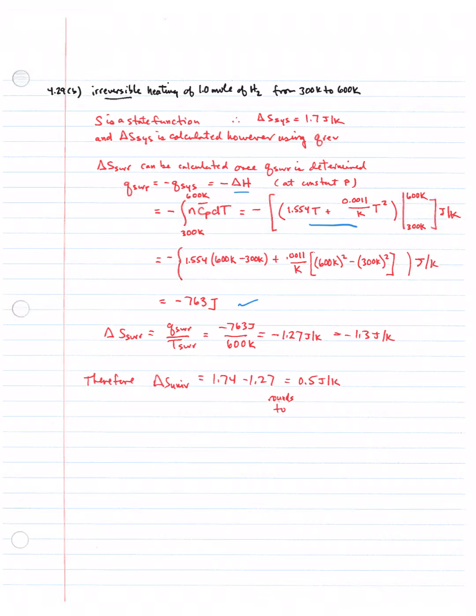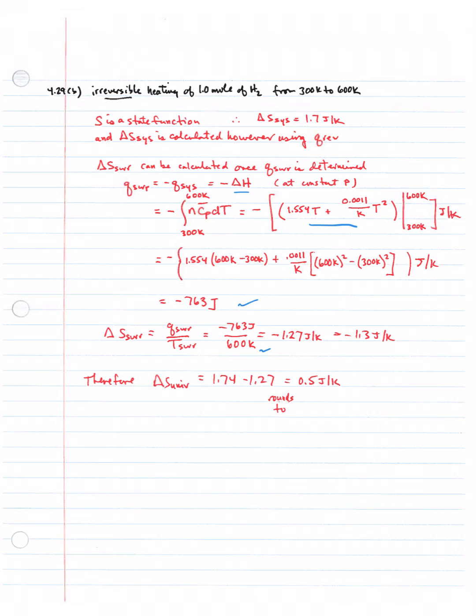the process occurs. Now let me think here. Why are we doing this at 600? Yeah, I think this is something I need to look into, because the heating occurred from 300 to 600. I'm not 100% sure, because that heat flow out, and let's see, in this case we're heating, right? So the surroundings is losing thermal energy. That loss of thermal energy is not all happening at the same temperature,